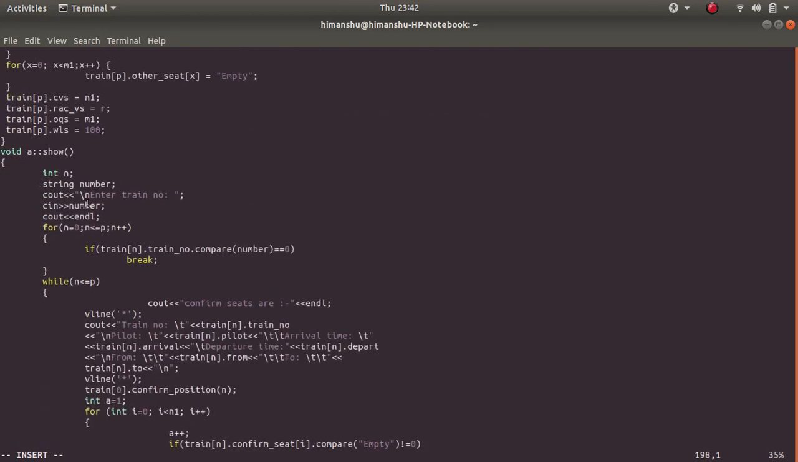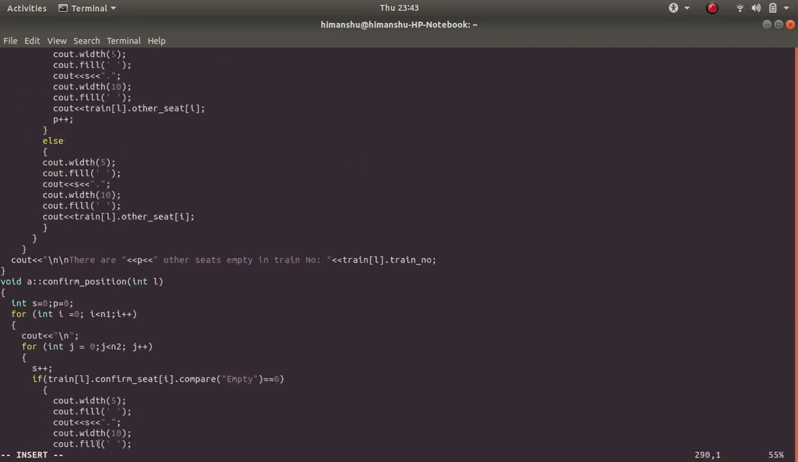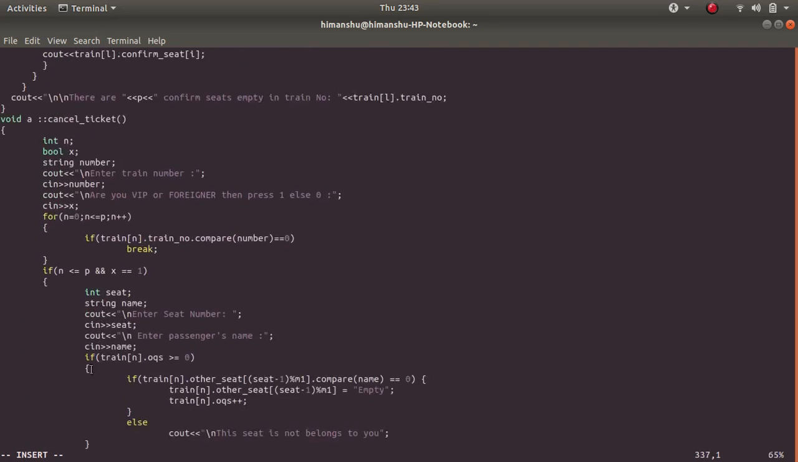The next function is show. This function is used to show the list of passengers. Firstly, we show the confirmed seats, then other quota list seats, and then RAC list, then waiting list. Cancel ticket function is used to cancel the ticket. Ticket is cancelled in only two sheets, other quota sheet and